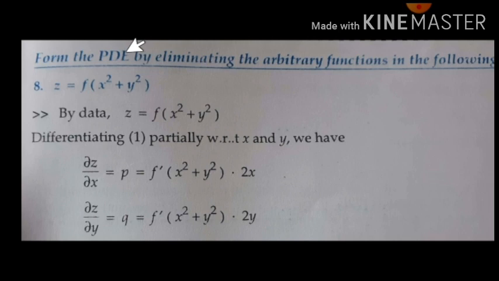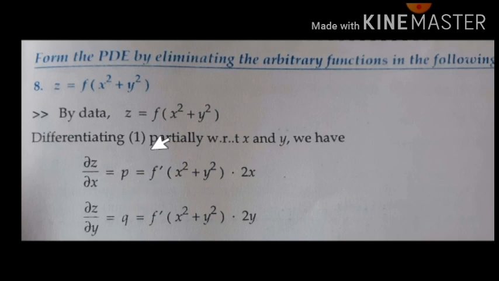So we need to form a partial differential equation, hence it is required to frame partial derivatives. So partially differentiate z with respect to x and partially differentiate z with respect to y. So dou z by dou x is taken as p, dou z by dou y is taken as q. Now partially differentiate f with respect to x. So consider this bracket term as some variable u. Derivative of f of u is f dash of u, that u is substituted. Then derivative of that bracket term with respect to x is 2x.